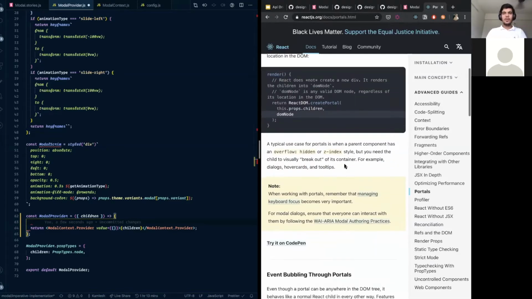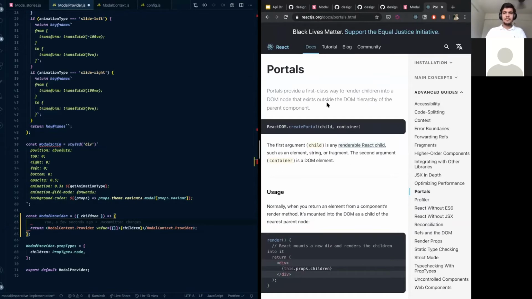You can head over to the docs and read about it. Portals are meant for use cases like toast notifications and modals. These are things which want to break the boundaries of their parent, because assume your parent has overflow hidden or a higher z-index value, but the modal or the toast notification still wants to be rendered on top of everything.